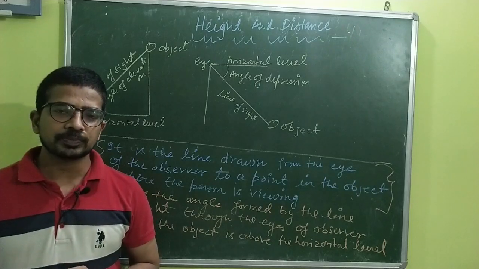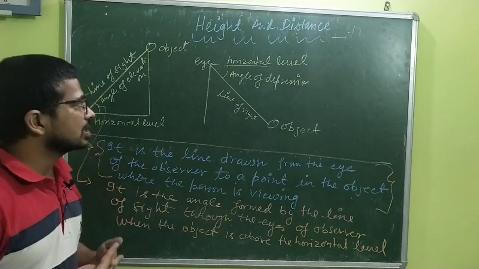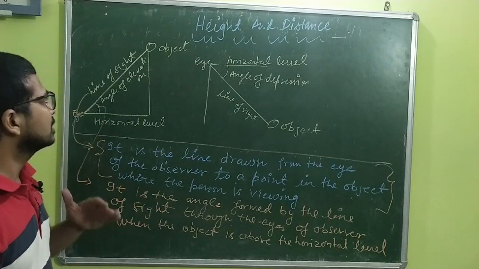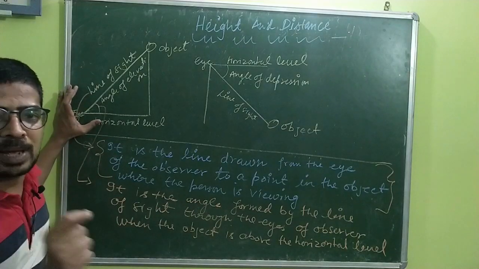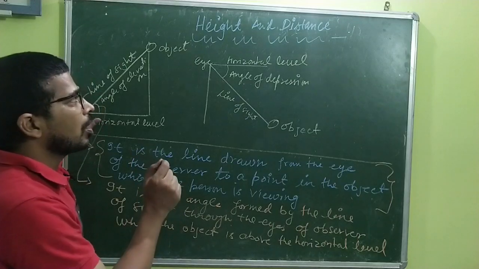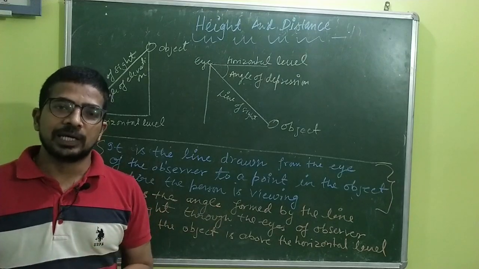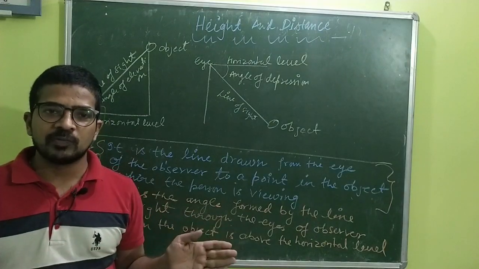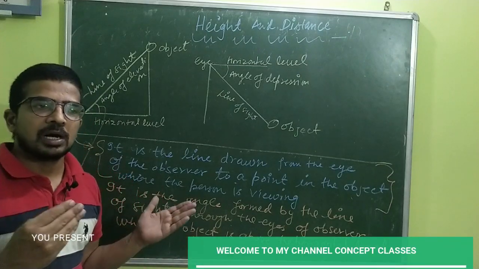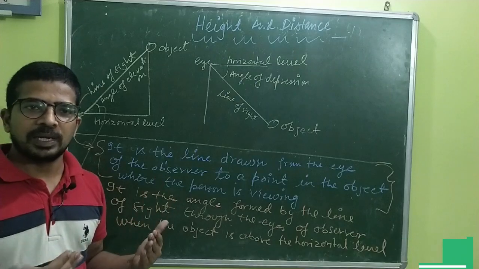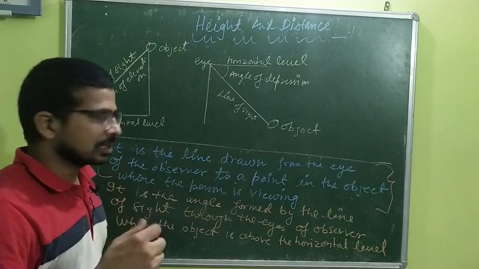Today's topic is height and distance, that is the application of trigonometry. Though we have discussed this in the online classes, I'll give you a quick recap. On that day I was telling you how the height of Mount Everest has been calculated using trigonometry, and this way various high objects can be calculated without actually measuring them, using the clinometer and other things that we will discuss afterwards.